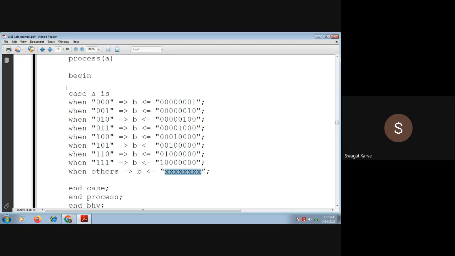Okay. So here we have used this case statement. You can use an if-else. How can you use if-else? If A is equal to 000, then B is equal to this; you can write this code. Else if A is 001, then again B will be this.